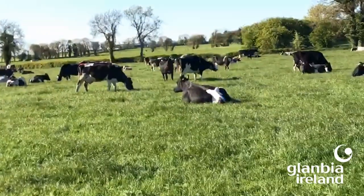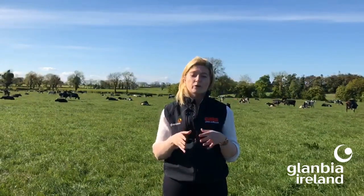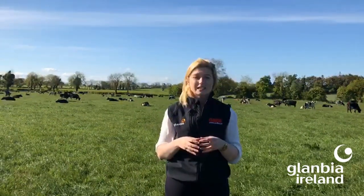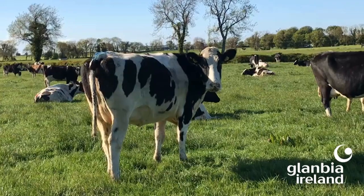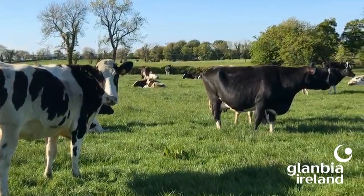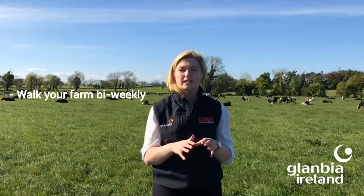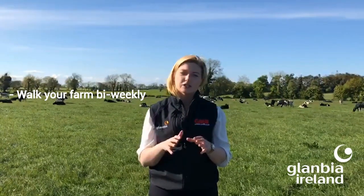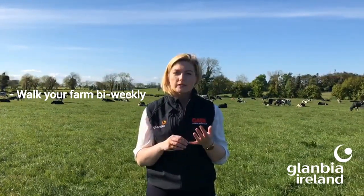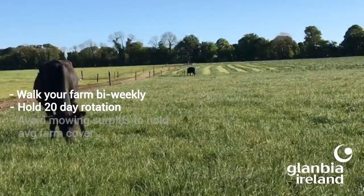Although average Pasture-Based Ireland growth rates recorded this week are on par with those achieved this week last year in 2019, there are a small number of areas currently experiencing soil moisture deficit in localised pockets. In these cases where growth has been seen to slow, it's important to walk the farm more regularly, ideally twice weekly, to assess grass growth and availability and make good timely decisions. It's also important to hold your rotation length at 20 to 25 days and that your demand matches your growth